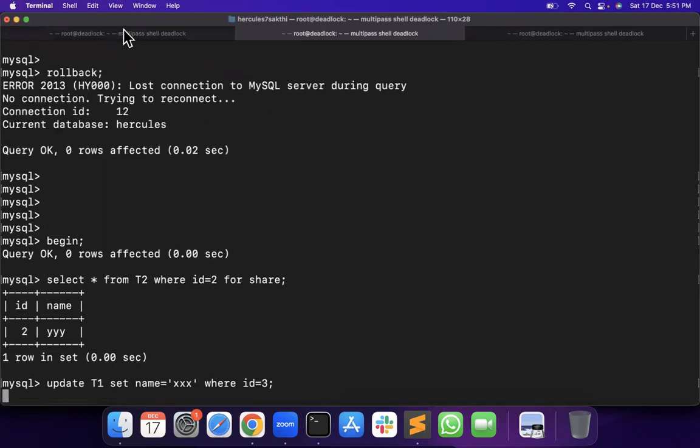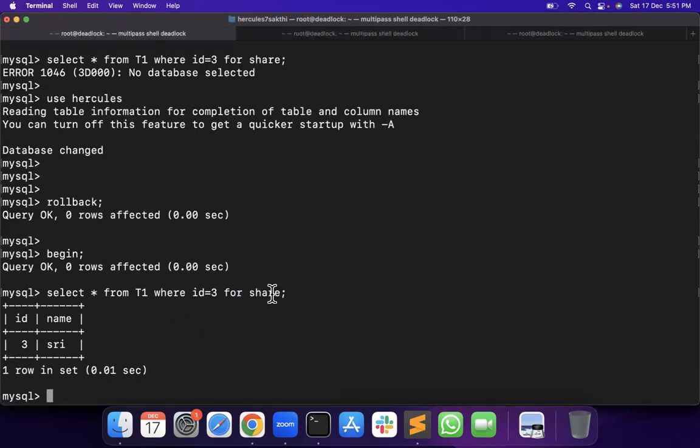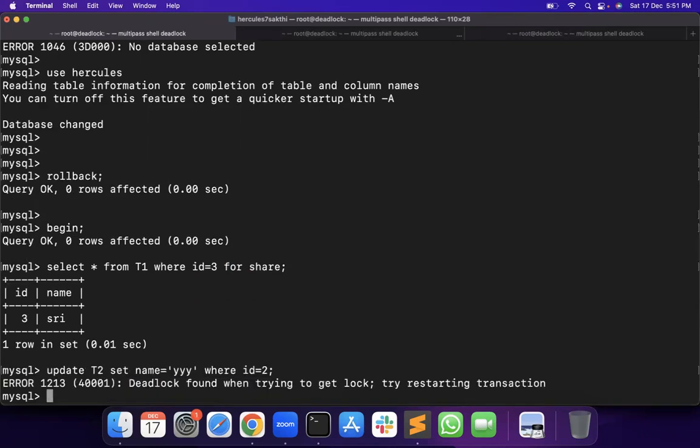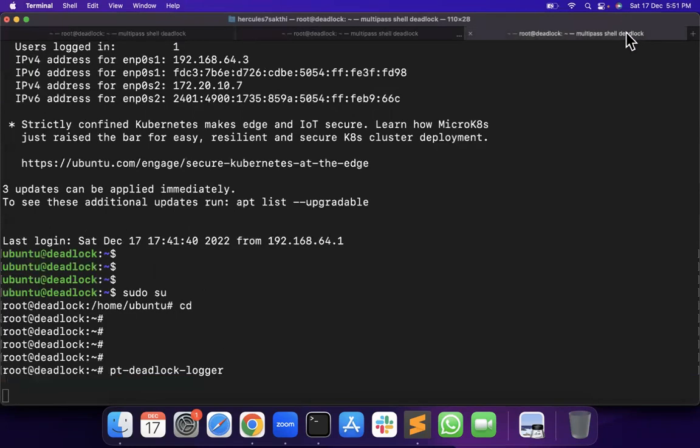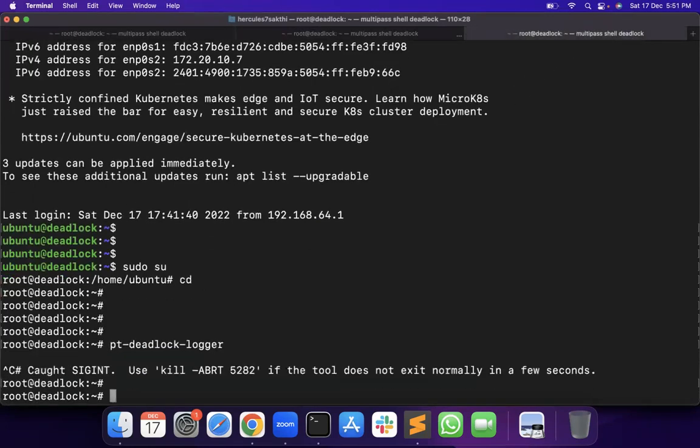It is waiting because that id equal to 3 is already locked here. So now I am going to execute the same update, and the deadlock is created. Okay, deadlock is created. So now let's see